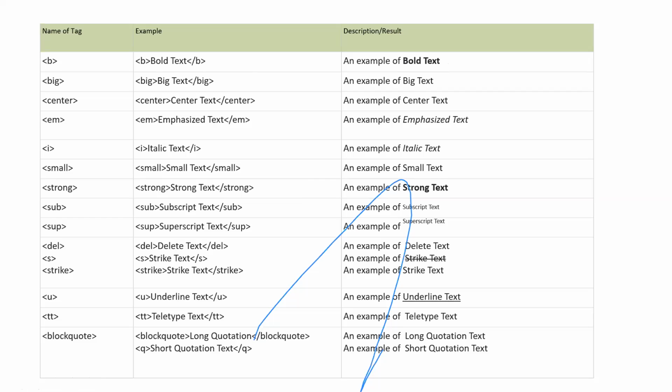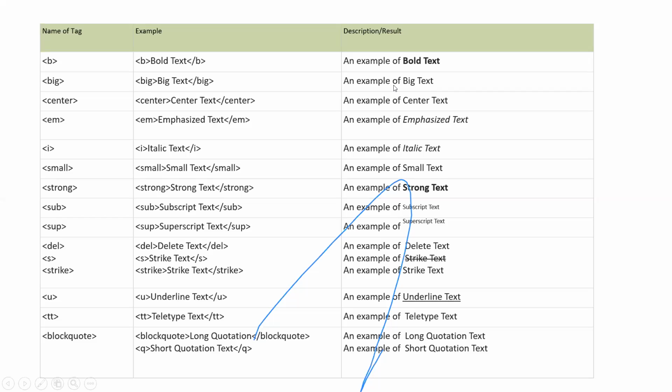Next one, big. The big tag: opening the big tag, then between it you write any text. The text appears bigger than the current font size. Suppose the current font size is 10, it appears as 12.